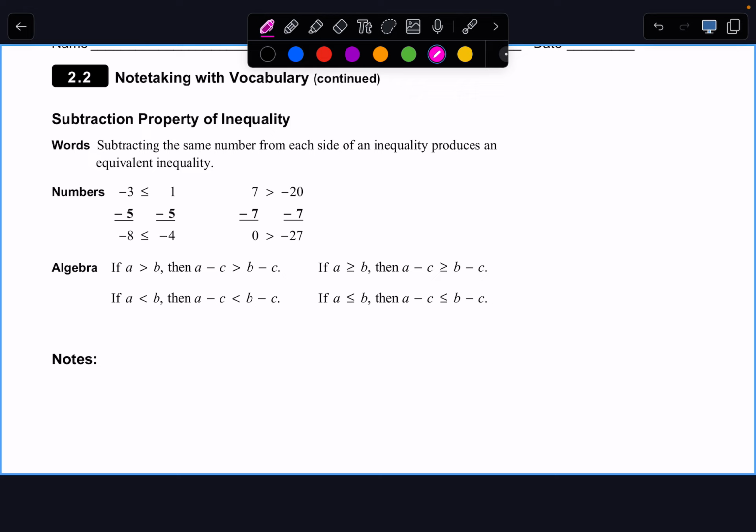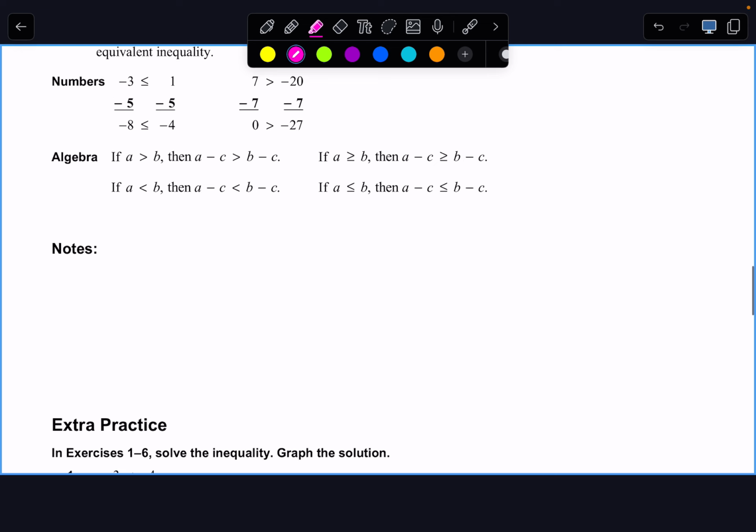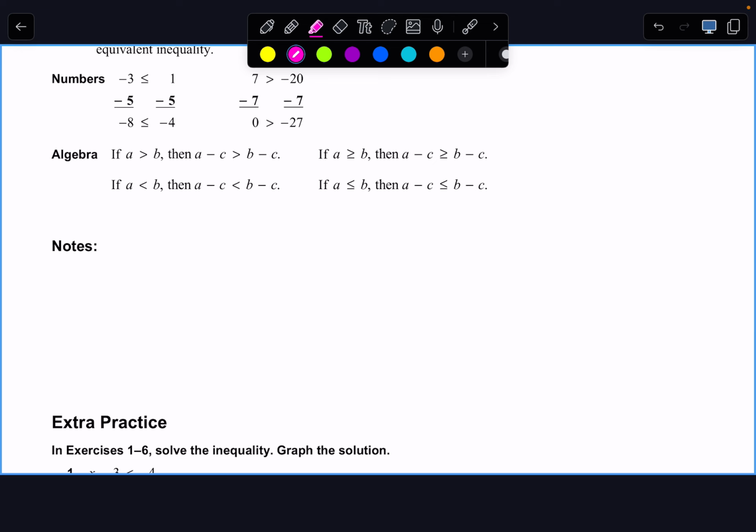Okay, so the same thing. We can subtract the same number from both sides of the inequality and produce still a legitimate statement. Okay? It is okay to subtract the same number from both sides of the inequality, and we still have a true inequality. So, for example,